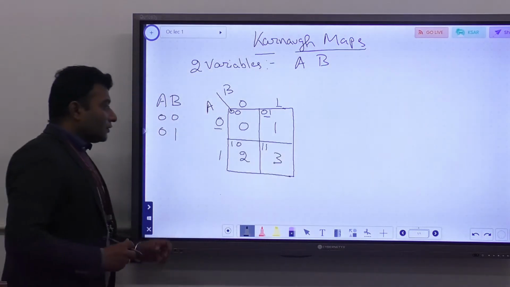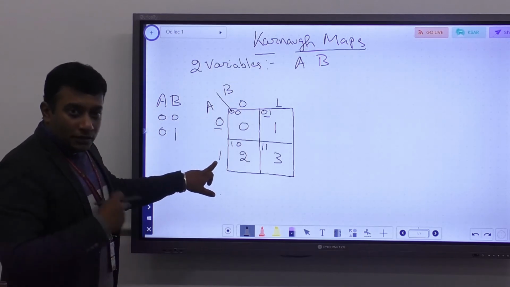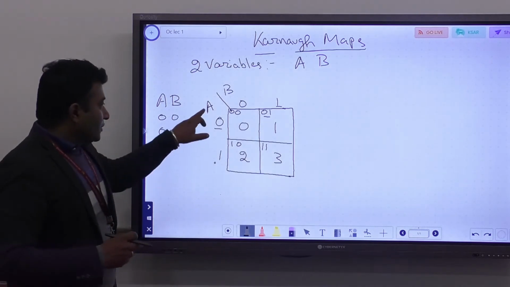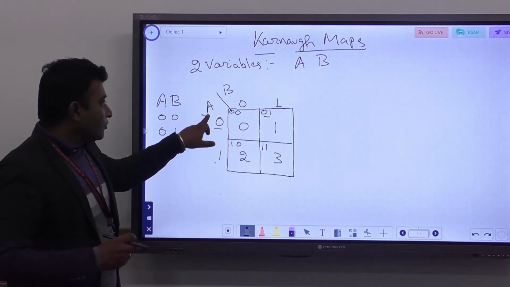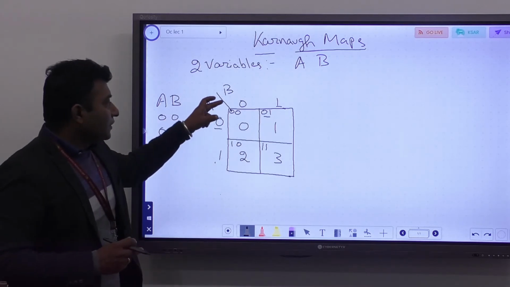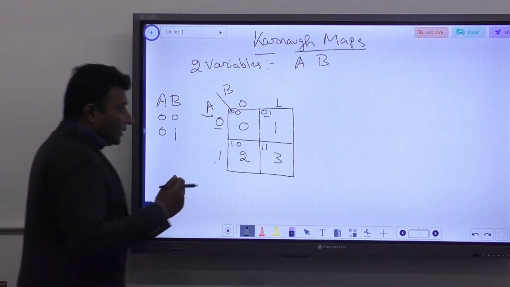So how did we get this value? First we are taking the value of the row, then we are taking the value of the column. It's because A is written over here, so we are taking the column over here, and then we are taking the row over here. In some books,